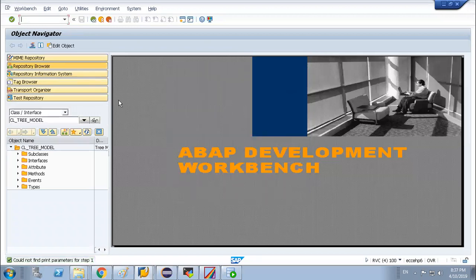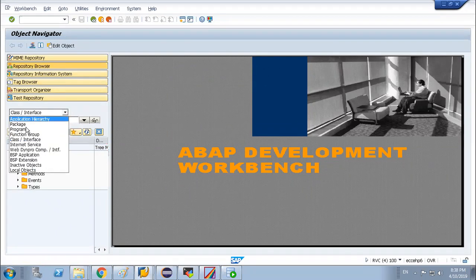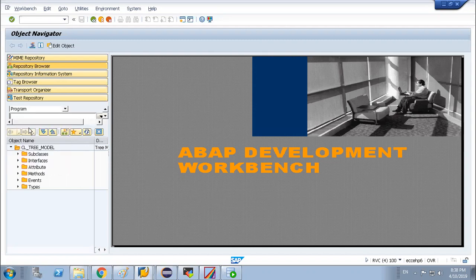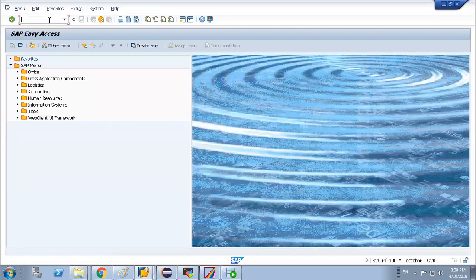You can select there, class or interface is there, right? The drop down above, class or interface drop down, above the tree. Yeah, drop down. Program. So program, a function module is needed. Okay, let's see. SE37.